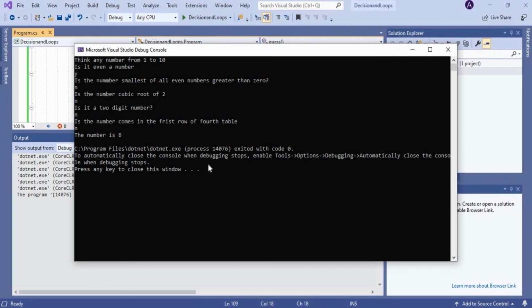So in this way you can create a program for finding the number which is stored in the mind of the user, right? This is not the only way, there are multiple ways of creating the same program, right? It is up to the perspective of the developer, right? And the program which we have created now is not very efficient as it involves so many lines of repeated coding, right? In our upcoming videos I will explain how to create this program in fewer lines of coding, right? Moreover, we can guess a number not only from 1 to 10 but from any set of integers, right?